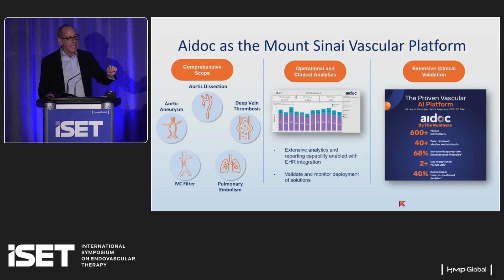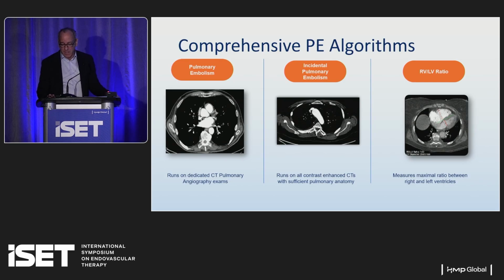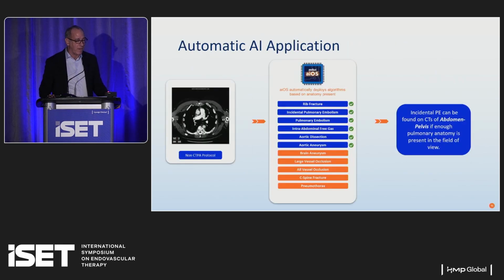Aidoc has developed rapid triage for acute stroke, for acute dissection, and for acute pulmonary embolism, and you're able to get feedback in real time every week, every month about how well your organization is doing. There's a dedicated triage protocol for dedicated CTPAs. There's an incidental protocol, so if you have an abdominal CT scan and you catch it on the edge, or a neck CT scan, it'll notify you as well. And then it automatically calculates the degree of right heart strain.